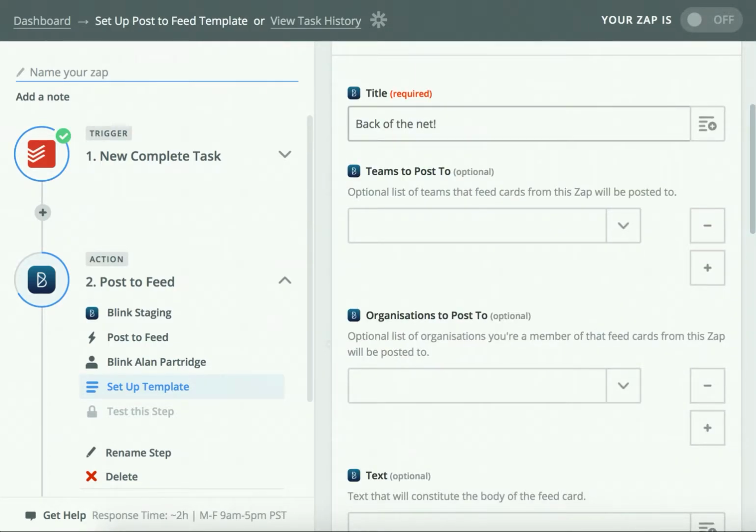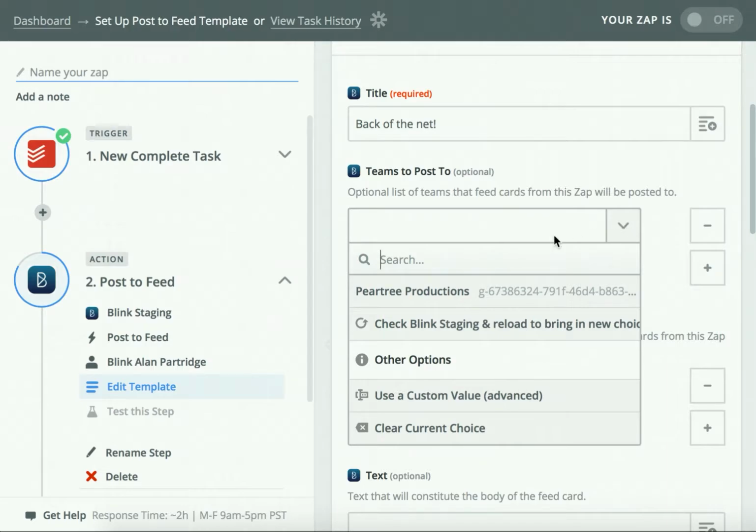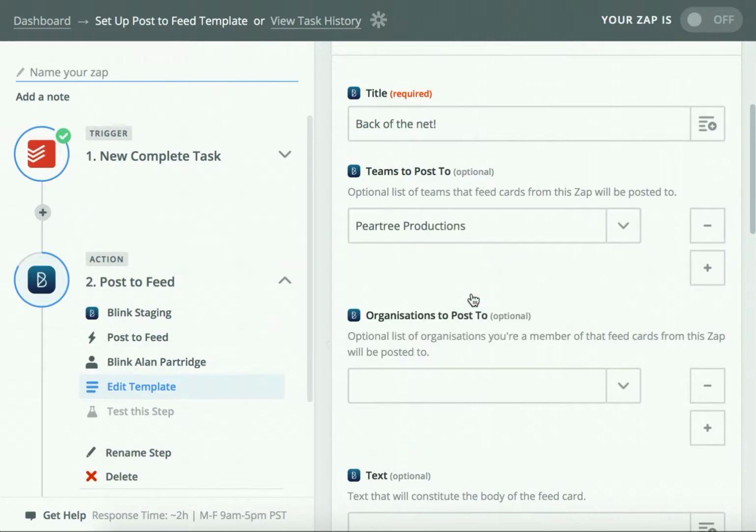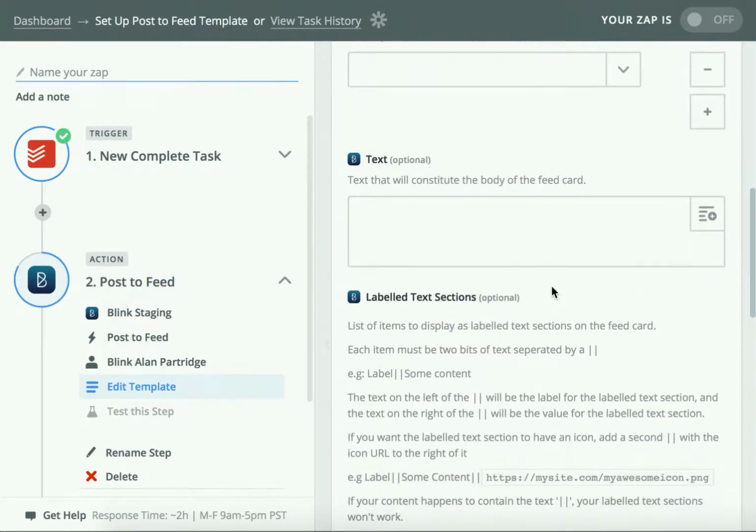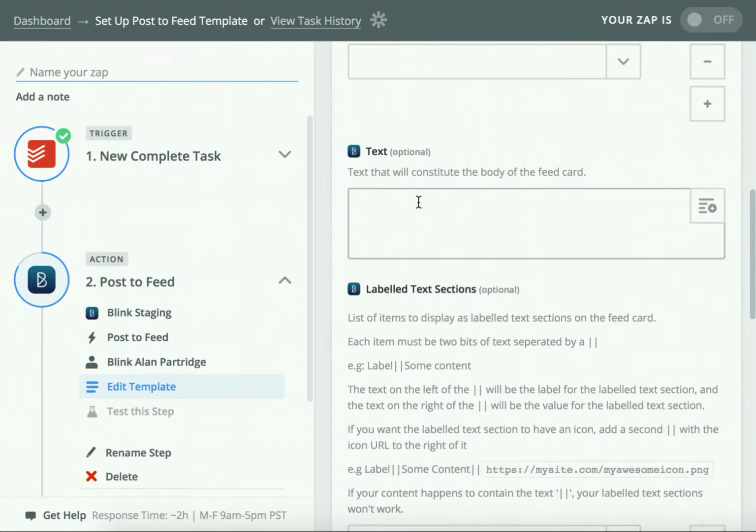I'm going to choose whether I want to post to a team or an organisation. So let's say a team. And when we click down, Zapier is going to connect to Blink and show me my available teams. So Pear Tree Productions team. Then I'm going to give it some text to say